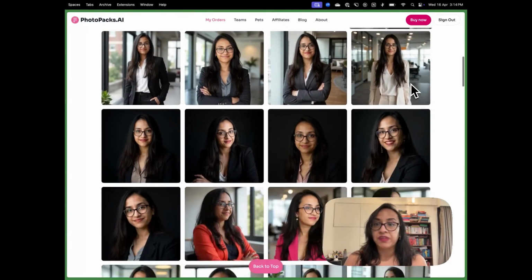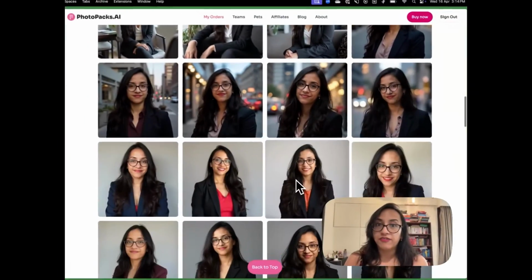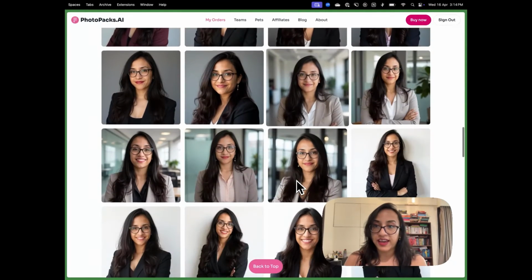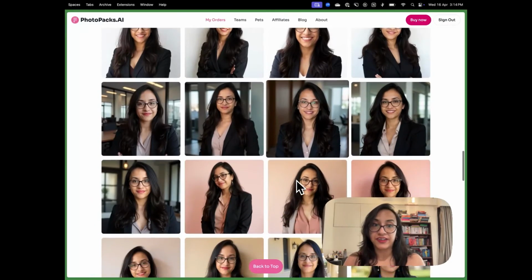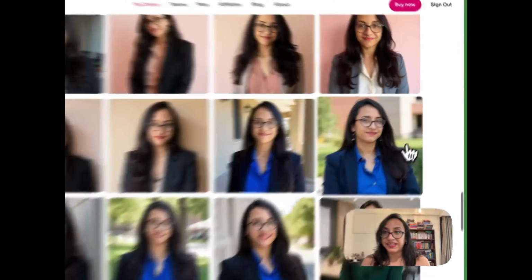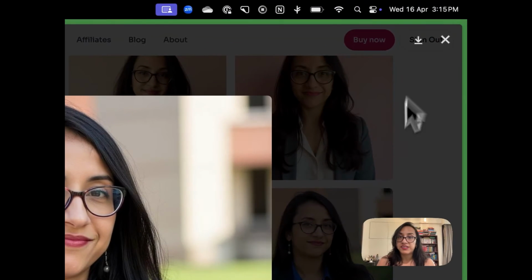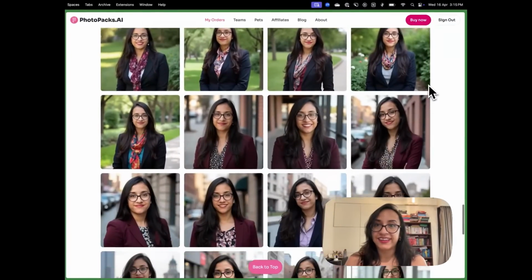Not just this, out of these 100 photos that I generated using PhotoPacks AI, there are at least 30 photos that I can use, and for the amount that I spent, this is a gold mine. PhotoPacks AI definitely has over delivered. It has exceeded my expectations, especially with pictures like this that look super natural. Whenever you like some pictures out of the bunch generated by PhotoPacks AI, you can just click the download button and save the ones that you like.